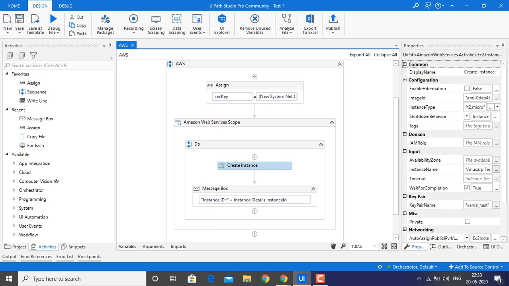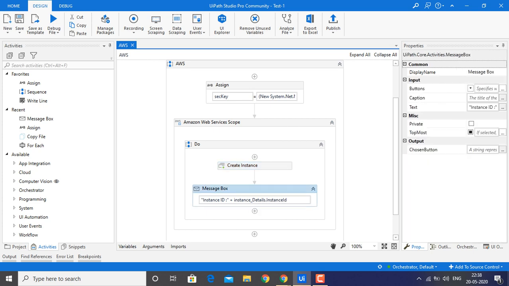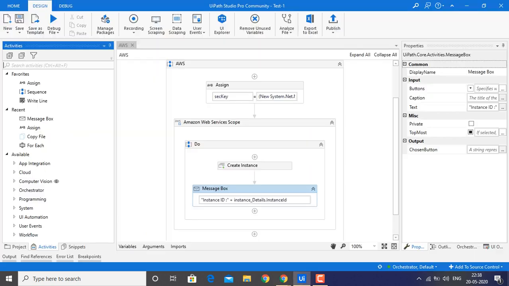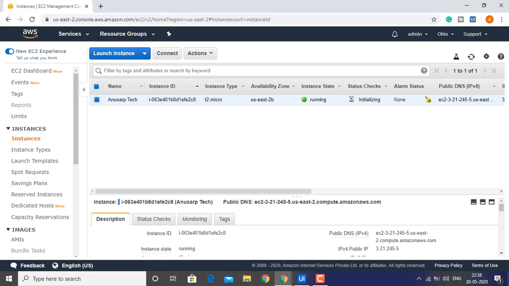And if you observe, earlier we got a message box. This is the instance ID. We got the instance type. T2 micro is free trial eligible. You can also use this type, so you can practice in a better way. And this is my availability zone, and right now the instance state is running. If it is stopped, it means it is in a stopped condition. So I will explain my code, what I have done.